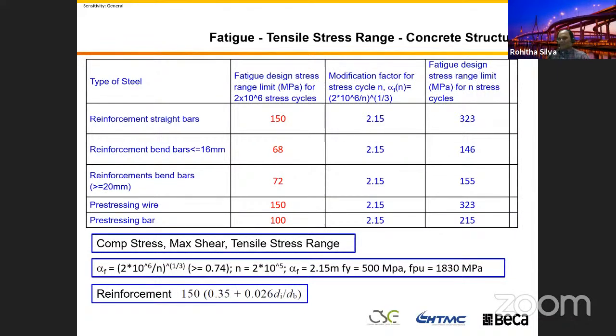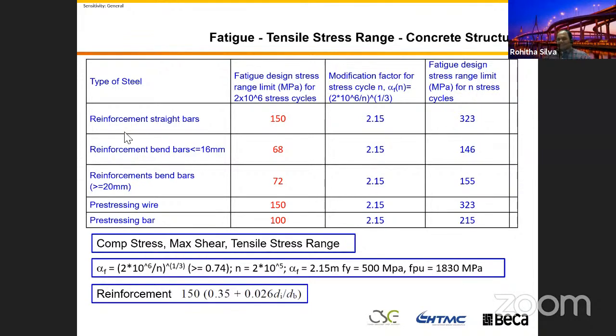If you are designing a concrete bridge, and you use your normal reinforcement, the 500 MPa we use in Australia, the yield strength of your reinforcement is 500 MPa, but your fatigue stress range, or your fatigue strength, is 150 for 2 million cycles. And if you have a bent-up bar, a bar with a hook, that will reduce